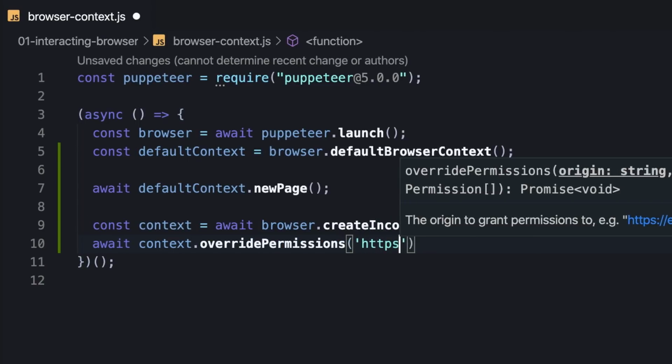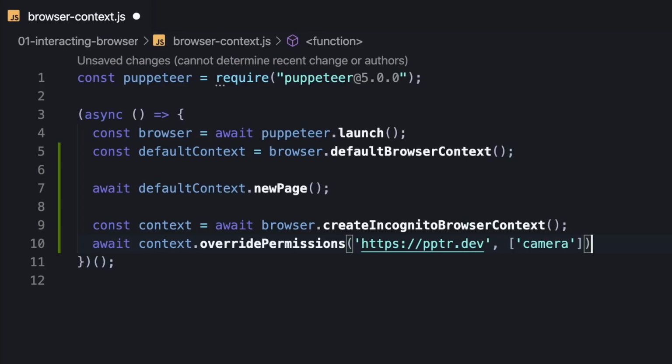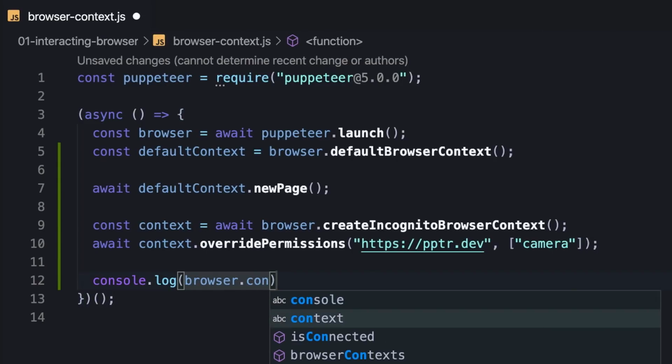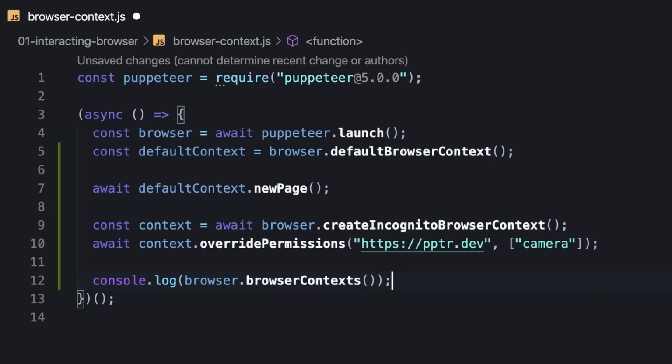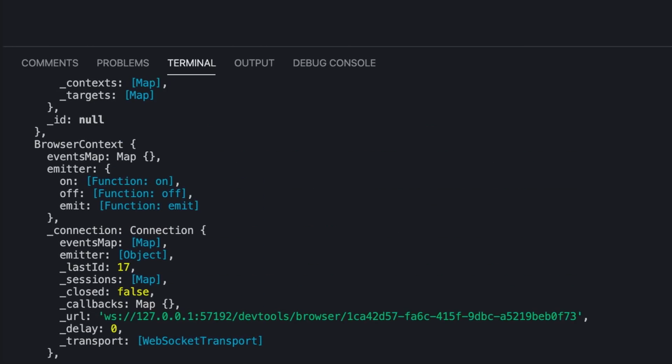In this example, we grant Puppeteer's website permission to use the camera. On top of that, we can check out all the open browser contexts through the browser contexts method, which simply returns an array with all of them. After running the file, we can see that both the default and the incognito contexts appear in the result array,